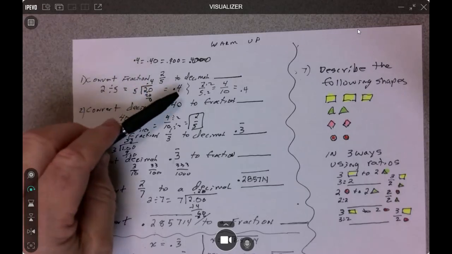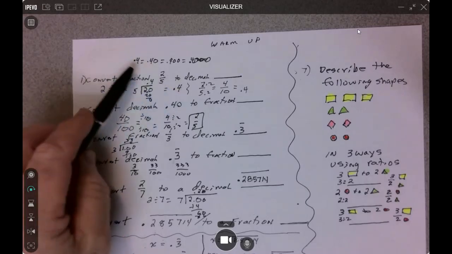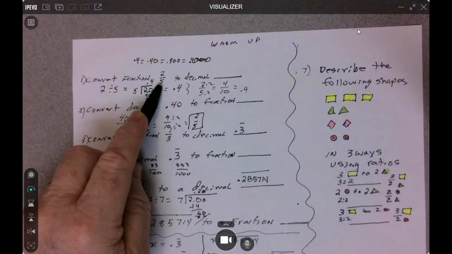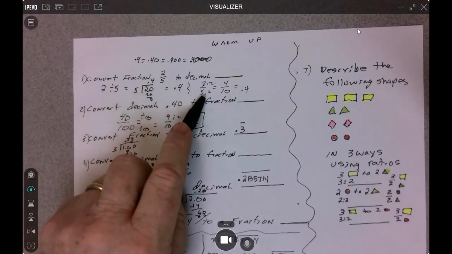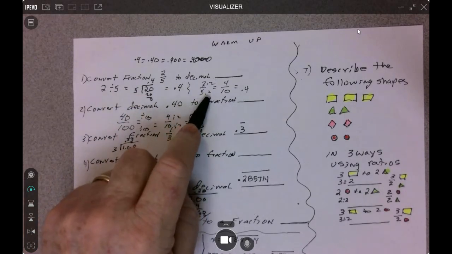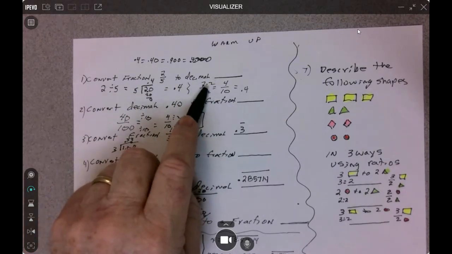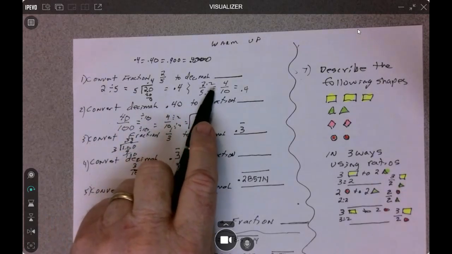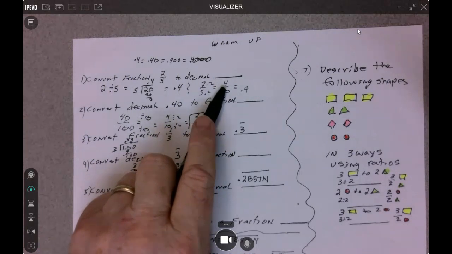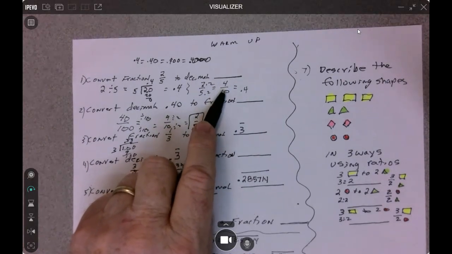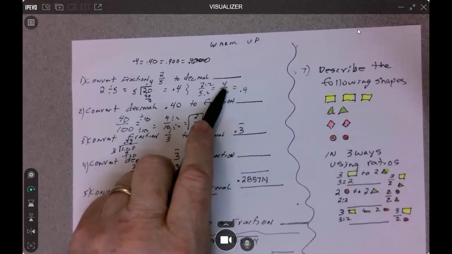The other method that is mentioned in some of the slides is if you can find a way to convert the denominator of your fraction to one of the values that you find in the decimal place values, 10, 100, 1,000, and so forth. You can use the idea of converting that denominator to, in this case, a 10 by multiplying by 2, and you also must multiply the numerator here by 2. And we say, wait a minute, what did all that do? I just got another fraction. Well, you do, except what you now have is 4/10, and so think about that for a little bit, and you're going to agree that 4/10